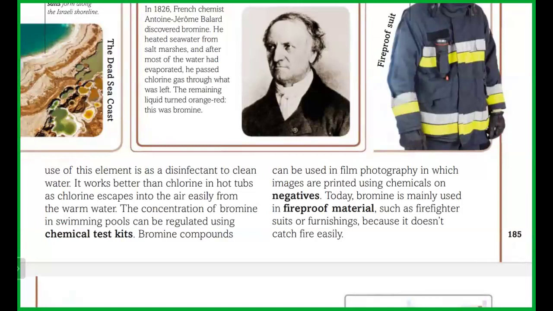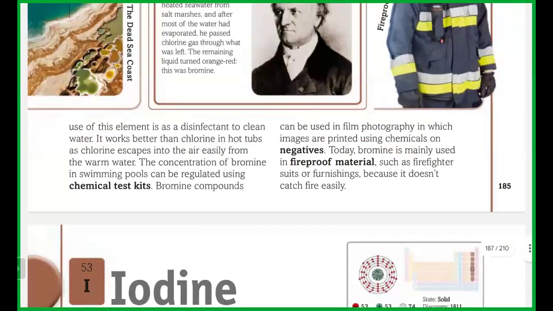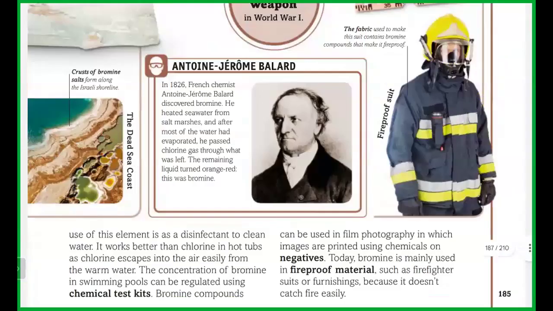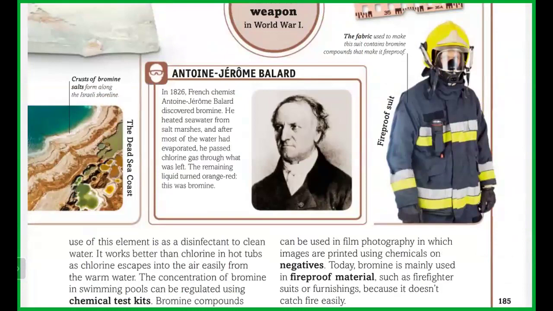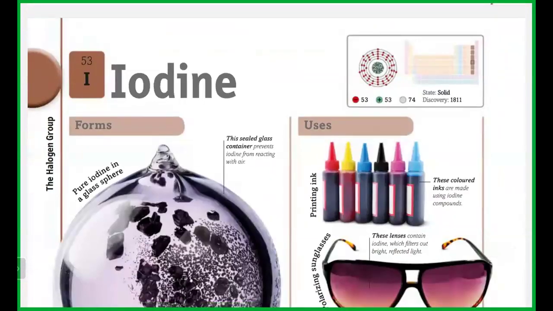And today bromine is mainly used in fireproof material. The reason is that it doesn't catch fire easily, meaning that it doesn't really catch fire. That's why bromine is used to make this fireproof suit. So now, next one, the fourth element, we have iodine,